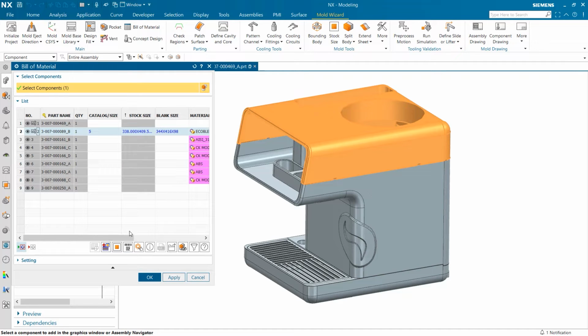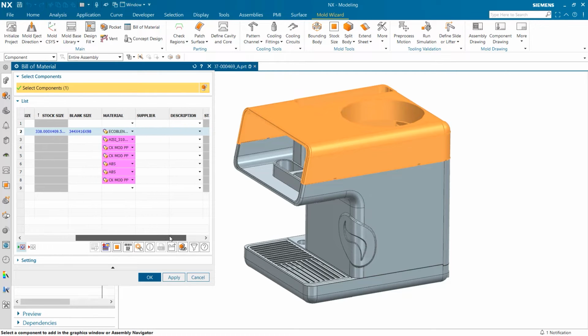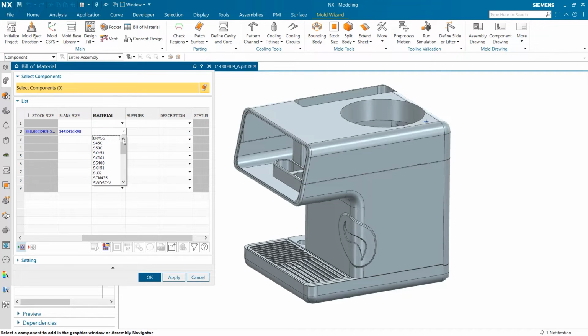After sizing our part, the next step is determining what material each part is made up of. If we click on the material box, we are offered a large list of materials we can change our parts to. For this scenario, we aren't going to change the material, but you can see how easy last-minute changes can be made.